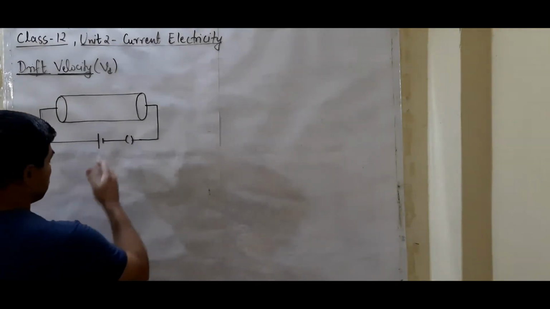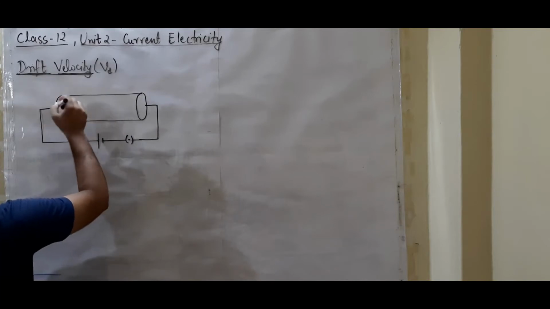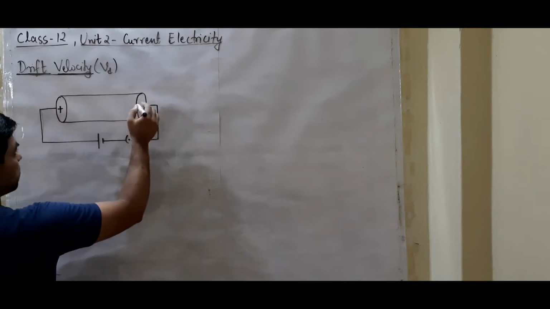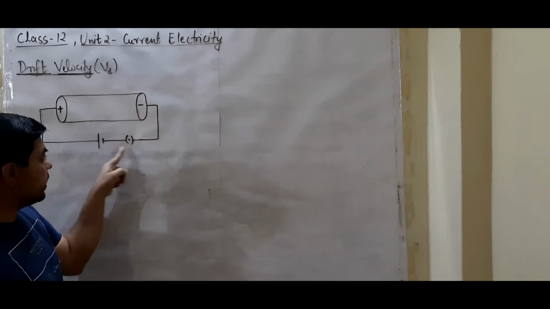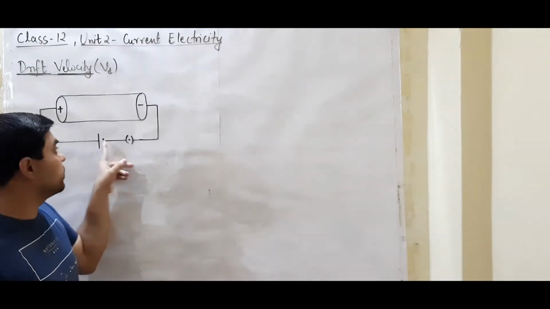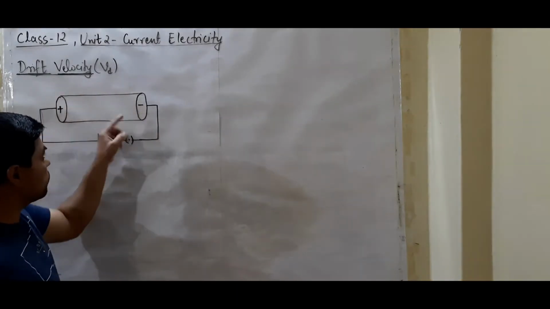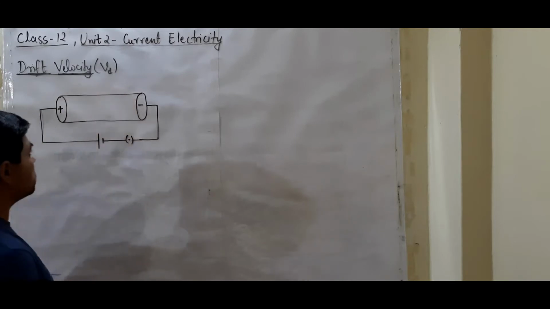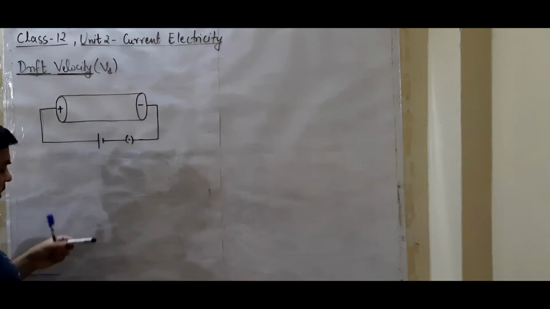The moment we close the circuit, one end, the left hand, will become positive and the other end will become negative. One more important factor is that this end and this end, which are attached directly to the negative terminal of the cell, are actually the same, because this wire and this wire are the same. Here we have magnified a particular portion of this wire to understand how the electrons are moving within the wire.